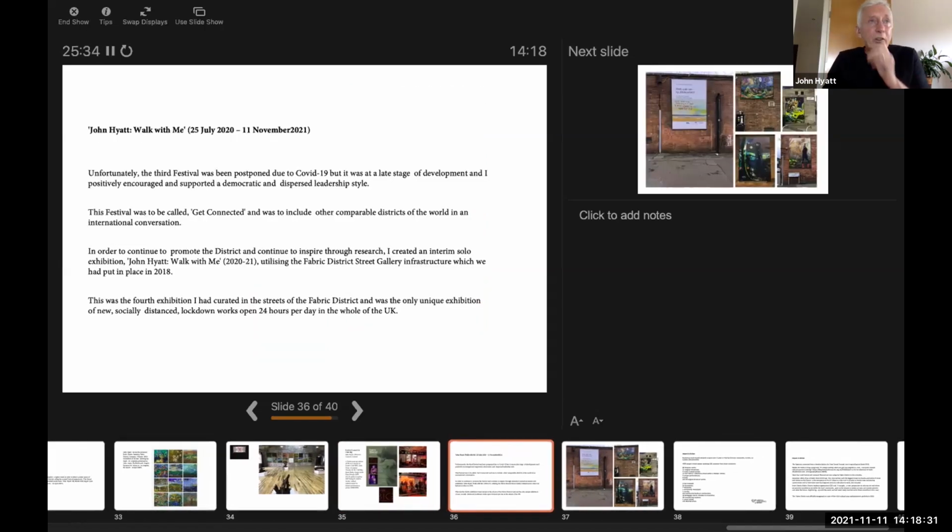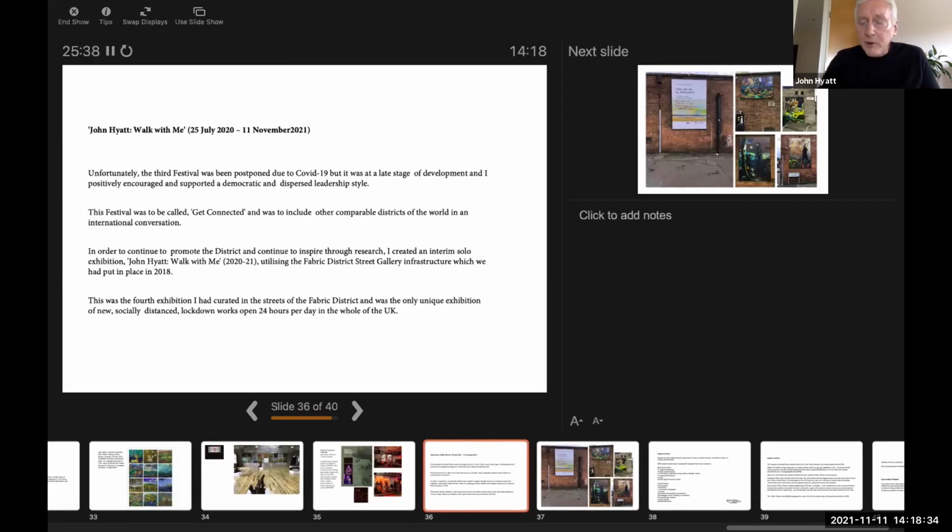Then the third festival. We had 2,000 for the second festival, so we were optimistic for the third festival. And the plan was very much to make the third festival very international. We were in quite late stages of development, and I was talking to other areas who were doing similar regenerative projects around the world, in Portugal and in Ireland. And they were going to come, and we were going to have a debate, which would be online as well,